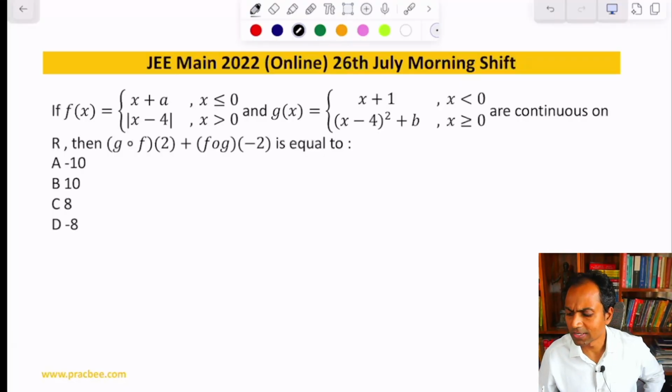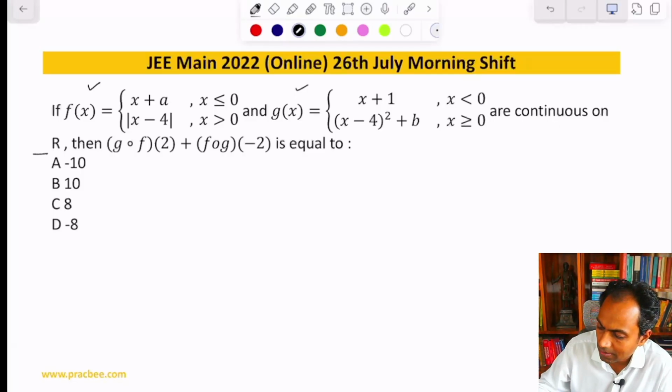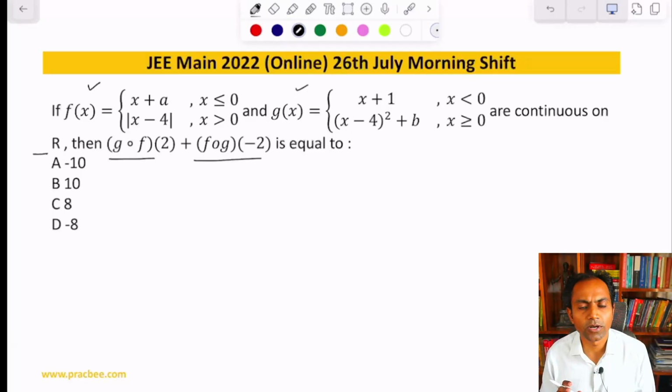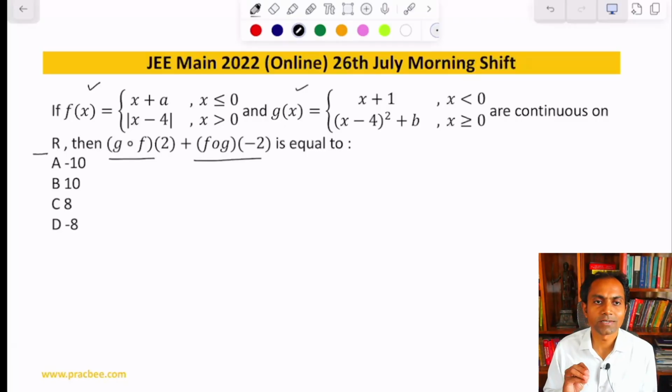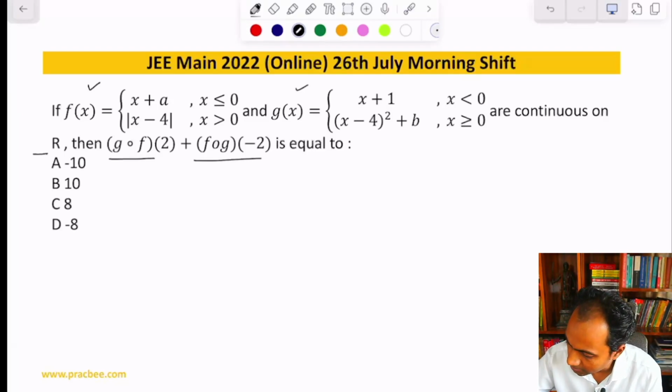In this question you can see that a function f(x) is given, and a function g(x) is given. They are saying that the functions are continuous on R, then give us the value of g(f) and f(g). Now here the question is simpler because they are not asking us to find the continuity of a composite function. What they are asking is, they are telling us f and g, you figure out first using continuity and then give me the value. So what we can do in this question is just check the continuity in the first step